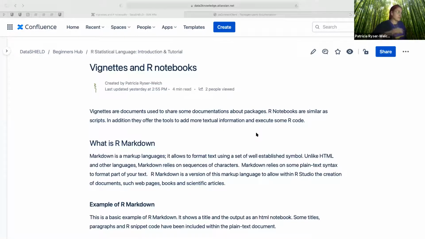Okay, so good afternoon, everybody. This afternoon, we're going to have a look at vignettes and R notebooks and how we can use them with R and DataSHIELD. So you should all see, I'm showing now in the DataSHIELD Beginners Hub, our introduction